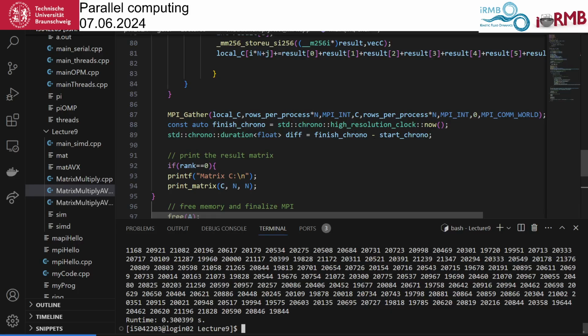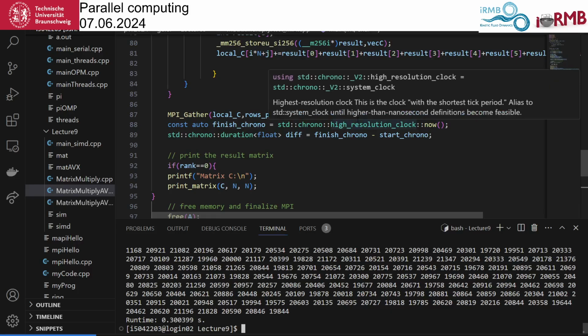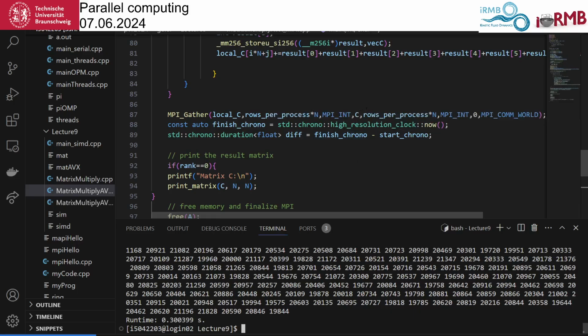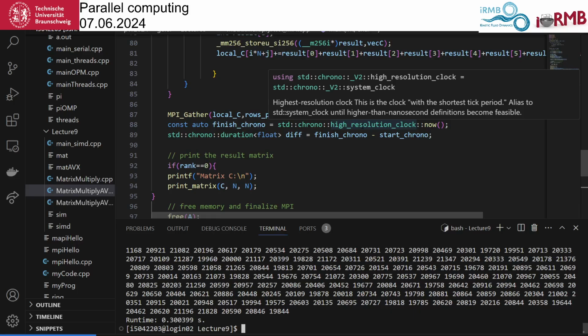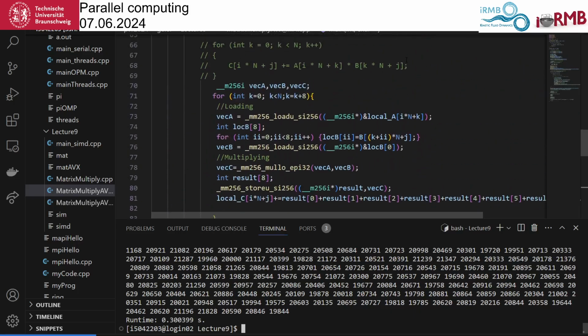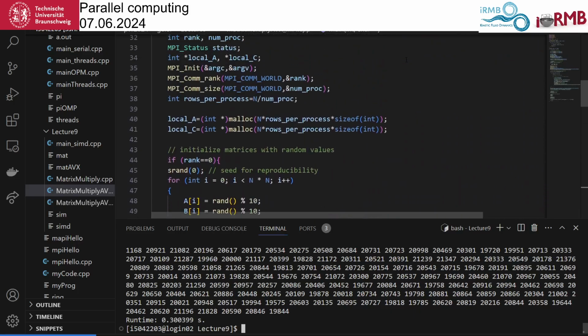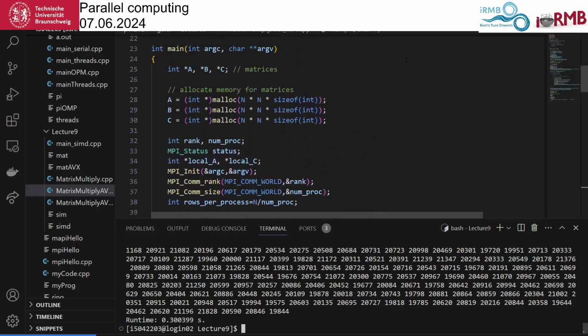The problem is in the gather function that has to be called by all of them, we need C. The C needs to be specified, but the question is whether C needs to be allocated everywhere.